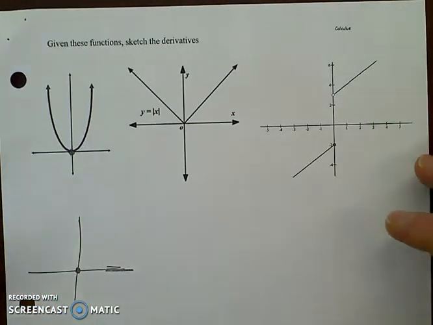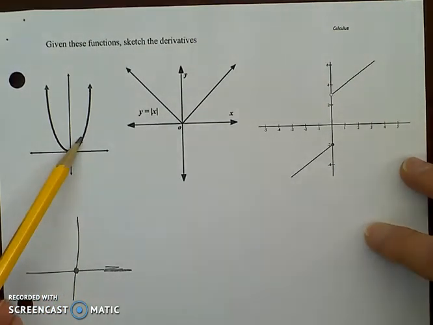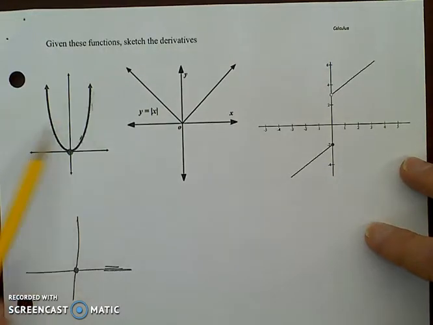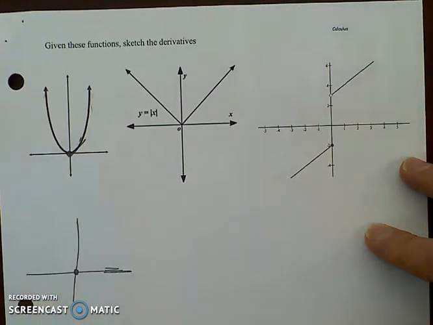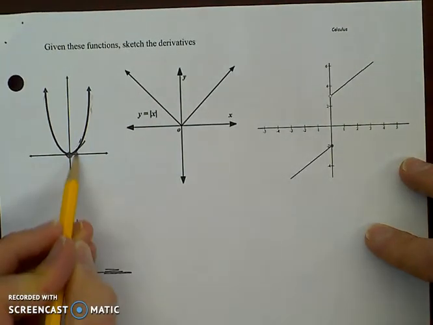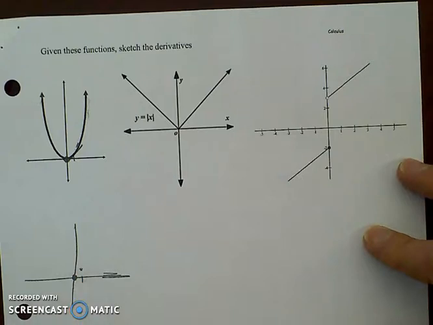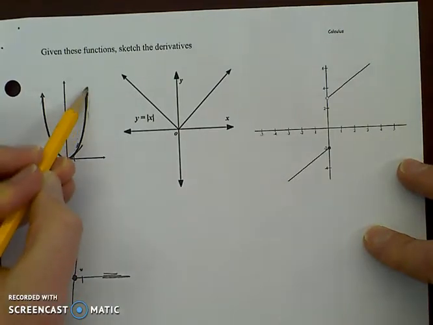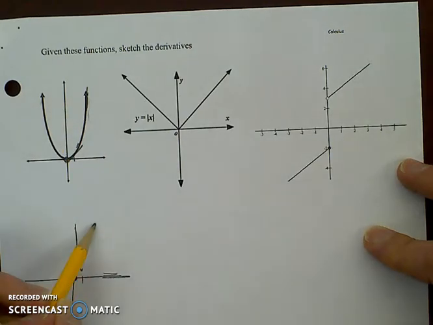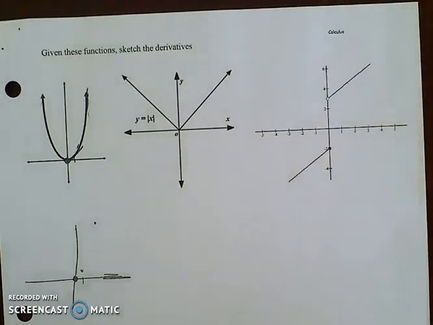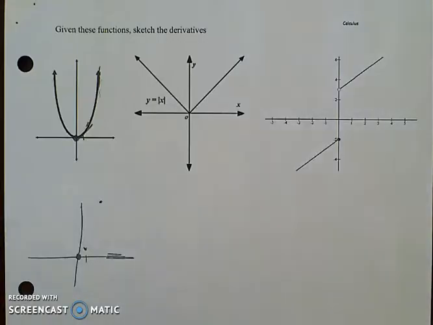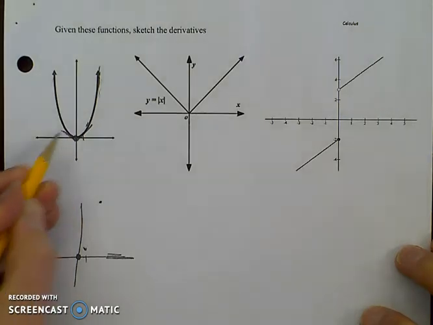The slope for this side is going to be positive. The slope for this side is going to be negative. So notice that we're going to be below the x-axis and above the x-axis. The slope right here is not nearly as steep, so maybe right here we're going to be up there. But the slope right here is extremely steep, so it's going to be up there. And the same thing on the other side. If we look at this side, very little negative,